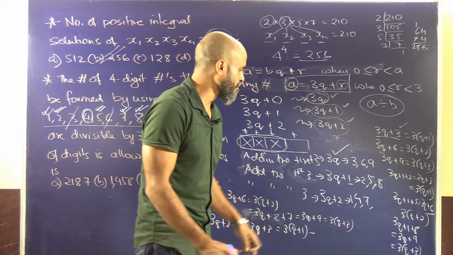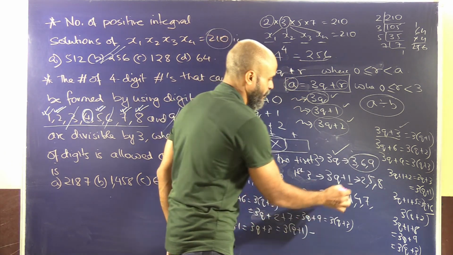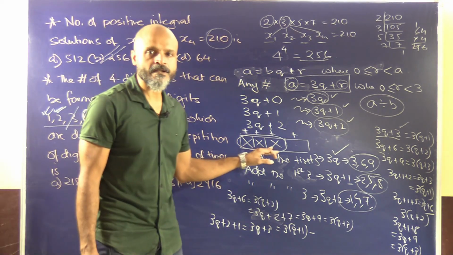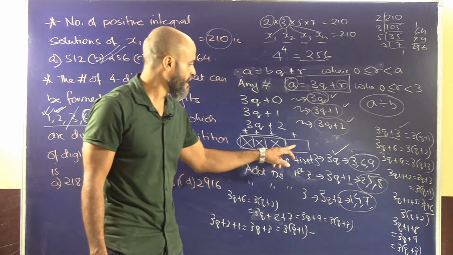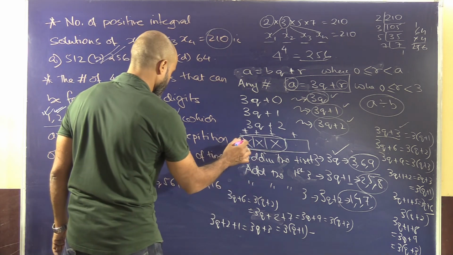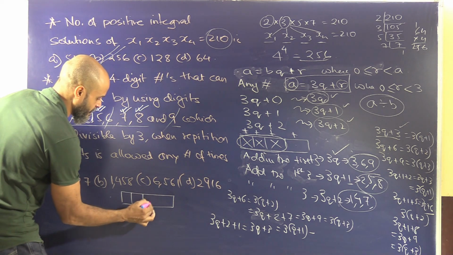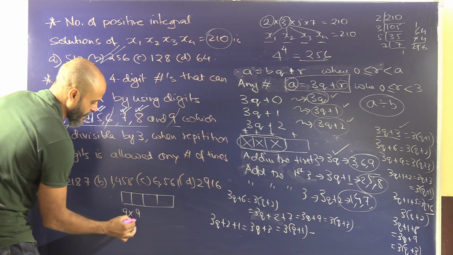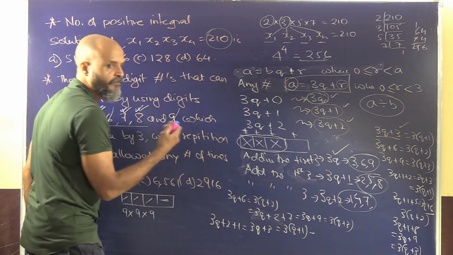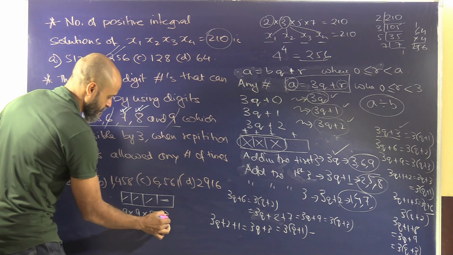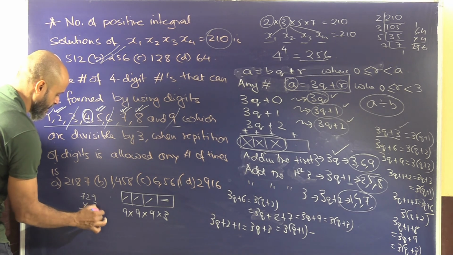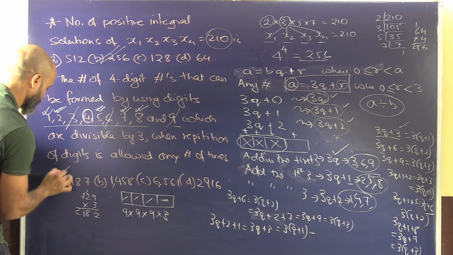So the last number can be filled in 3 ways, right? 3 numbers, depending upon what is the sum of the digits in the first 3 places. We can fill the last number in three ways. Okay, so the number of ways in which we can fill: the first place is 9, this multiplied by 9, this multiplied by 9, and this last place in each of these cases can be filled in 3 ways. So we have here 729 into 3, that will be 2187. So this will be the answer.